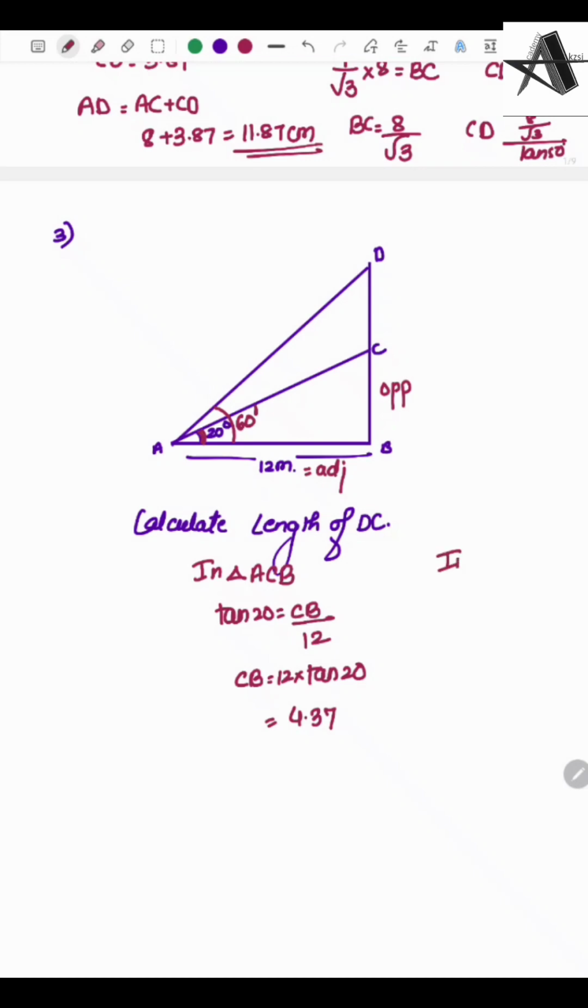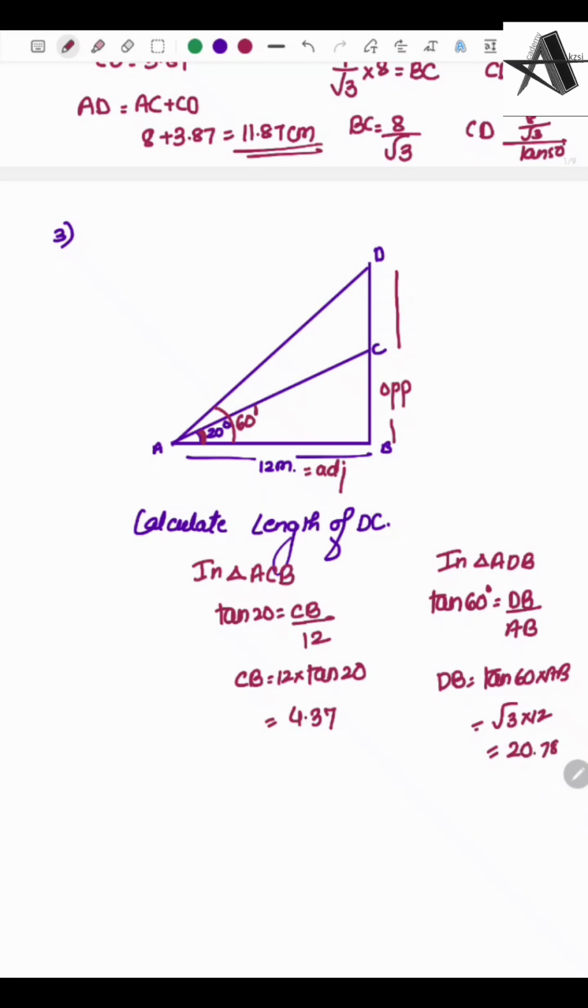So in triangle ADB, I have to apply the same. That means this whole is opposite because this is opposite to the angle 60 degrees. And the side that is connected with 60 degrees, your adjacent, is still your 12 meters. Applying tan 60 is opposite, which is DB, over adjacent, which is AB. So DB is tan 60 into AB. AB is 12. Tan 60 is root 3. So root 3 into 12, which will give our answer as